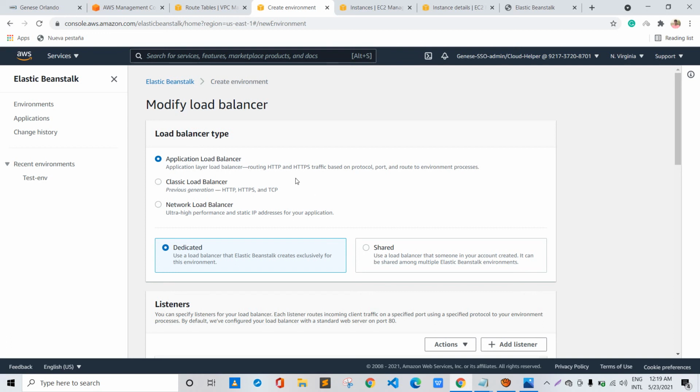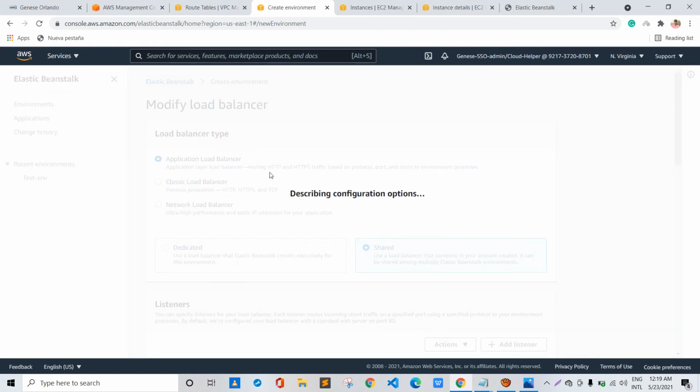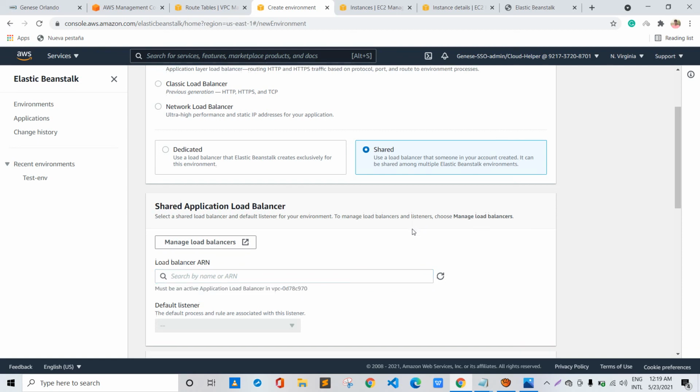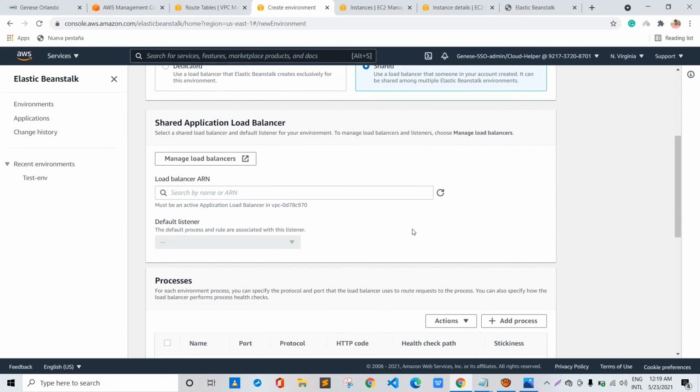And if you already have a load balancer present in your AWS account, you can choose the shared one, click on shared, and simply paste the load balancer's ARN over here, and that will be applicable for the VPC that you have created the load balancer in.